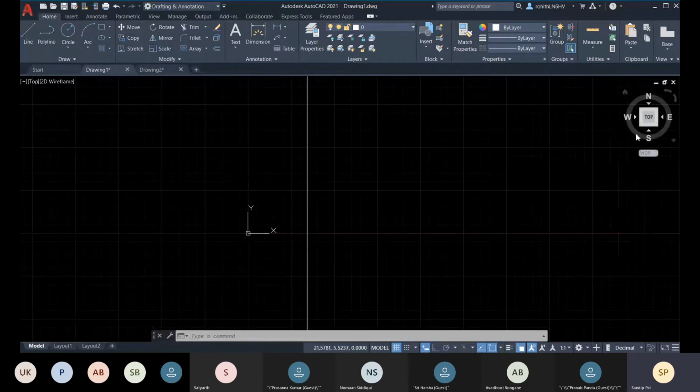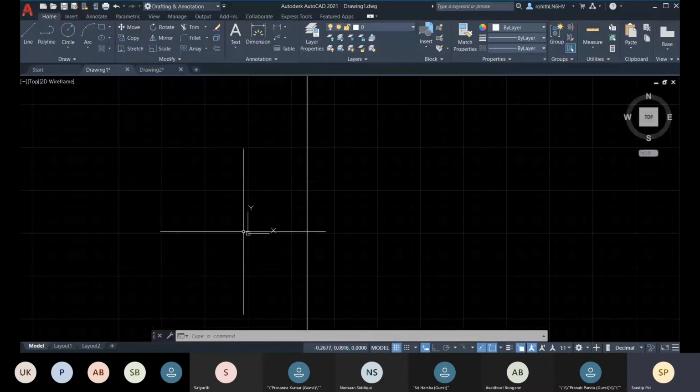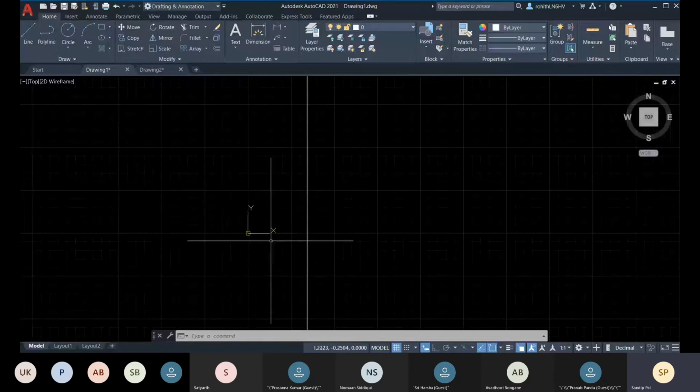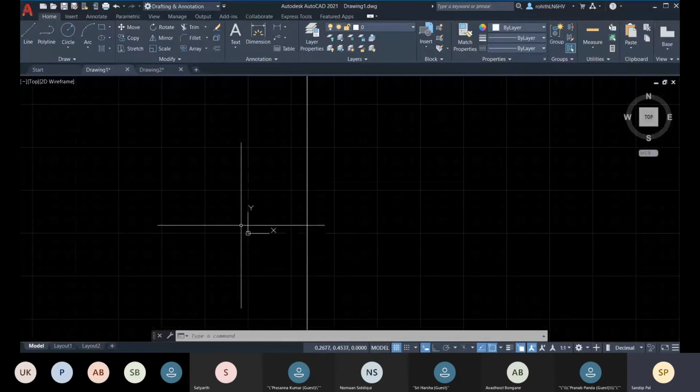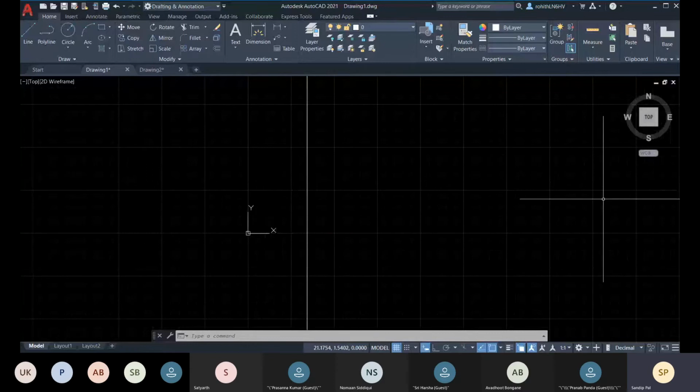So how do you understand? Here you will get this WCS option, and at the origin of your UCS you get this little rectangle. So that means the origin of your UCS and the origin of your WCS are coincident right now,